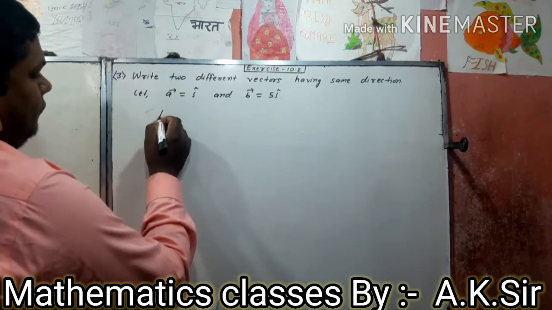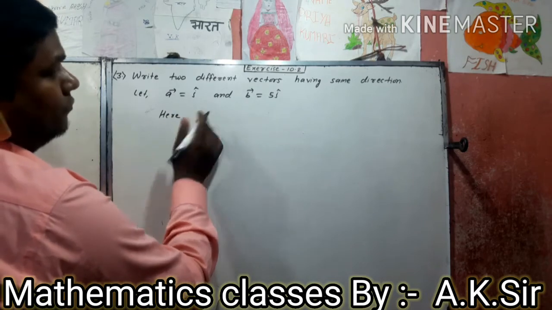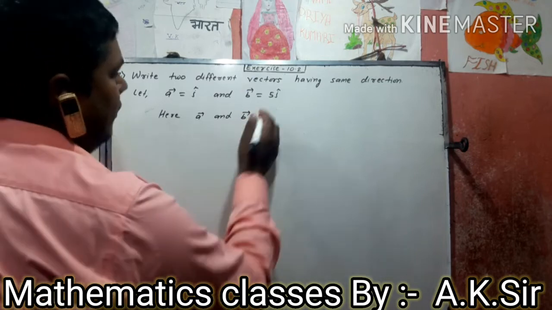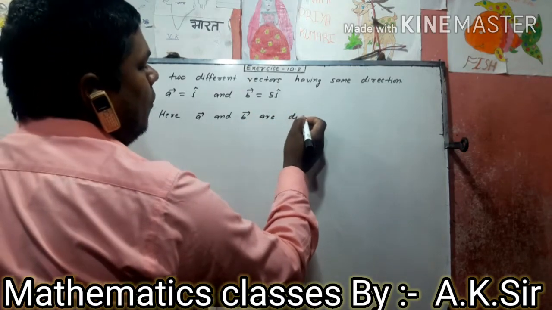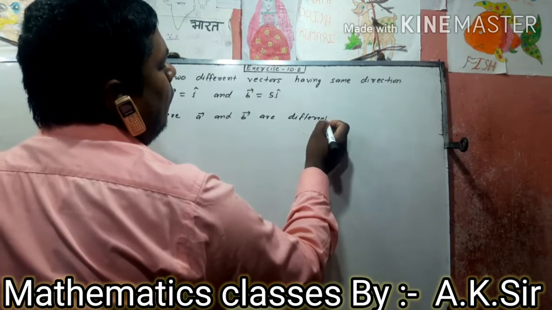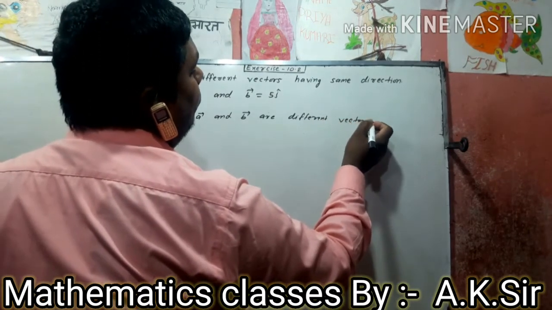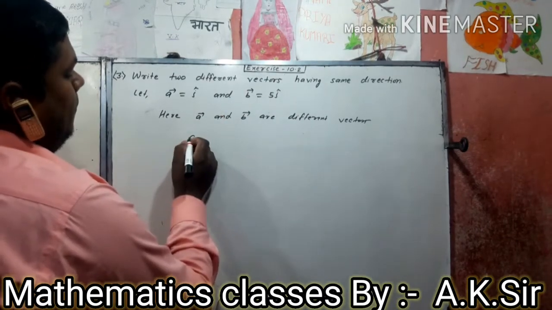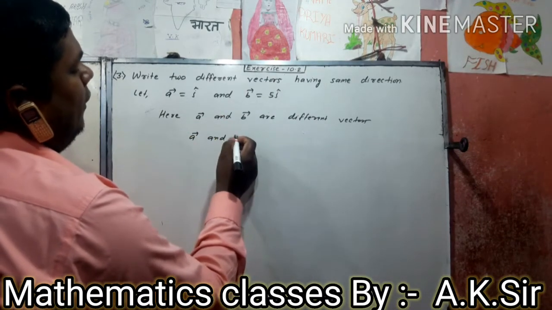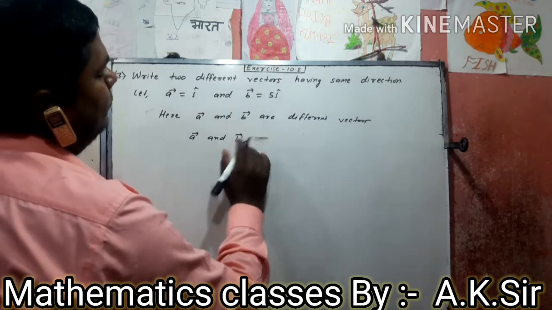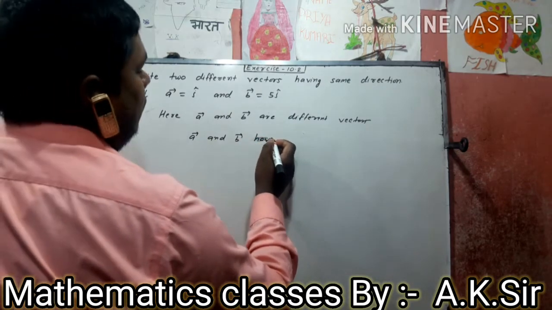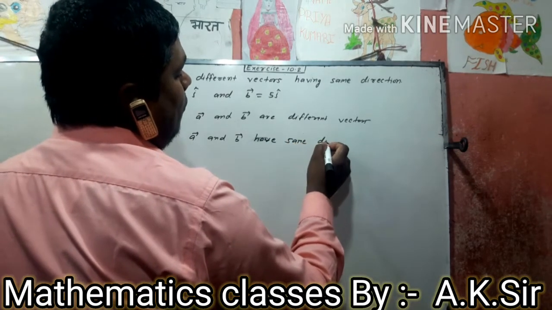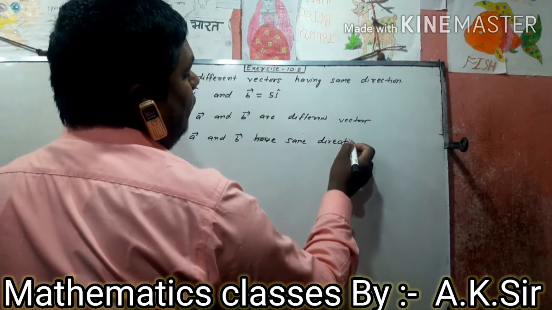Here A vector and B vector are different vectors. A and B have the same direction